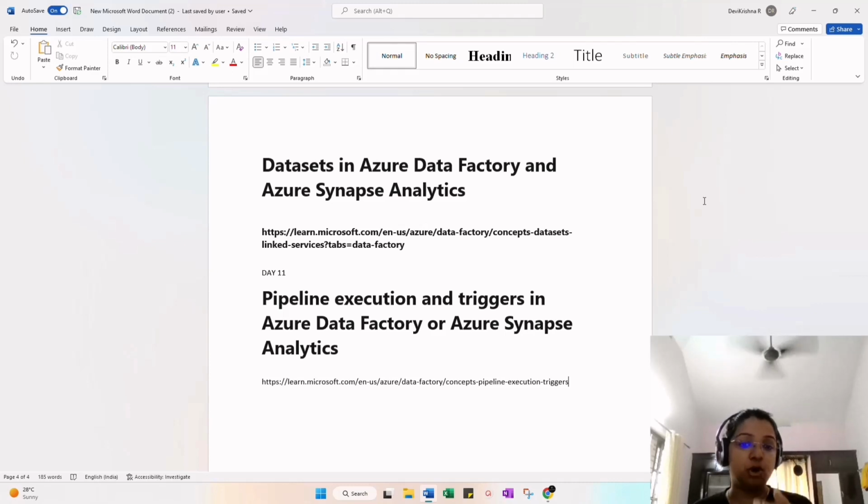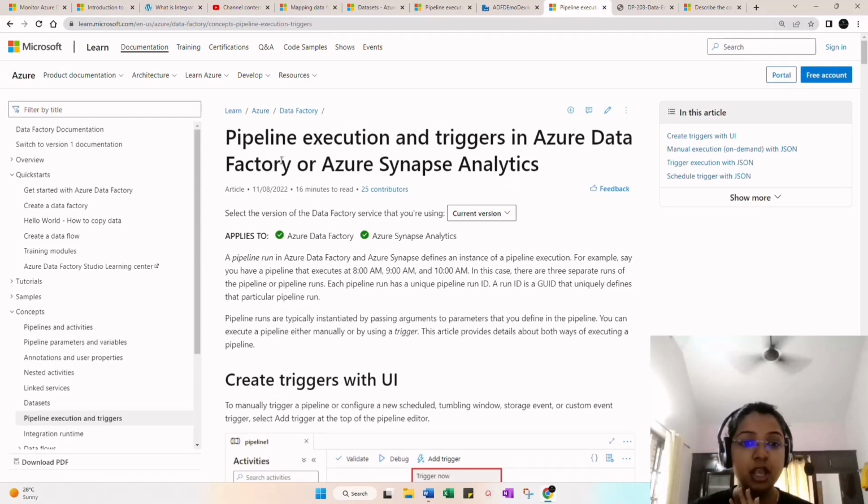So that is the importance of triggers, and triggers are mainly of three types that we will discuss in the video. And the pipeline execution: pipeline execution means that when the trigger is triggered, the pipeline will execute. So I will show you how this works. For example,